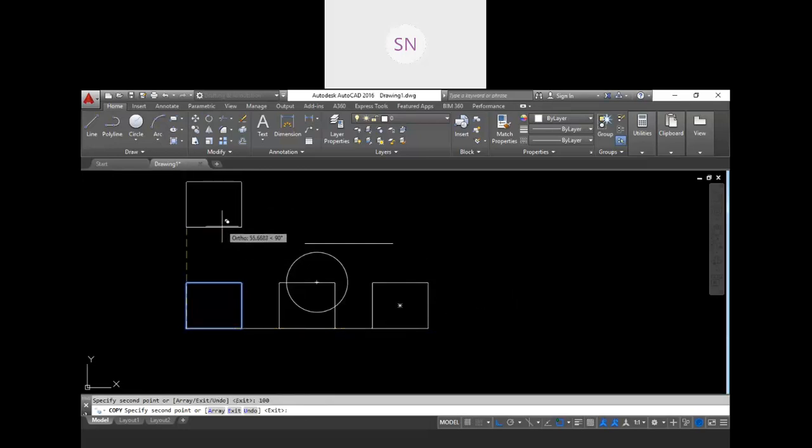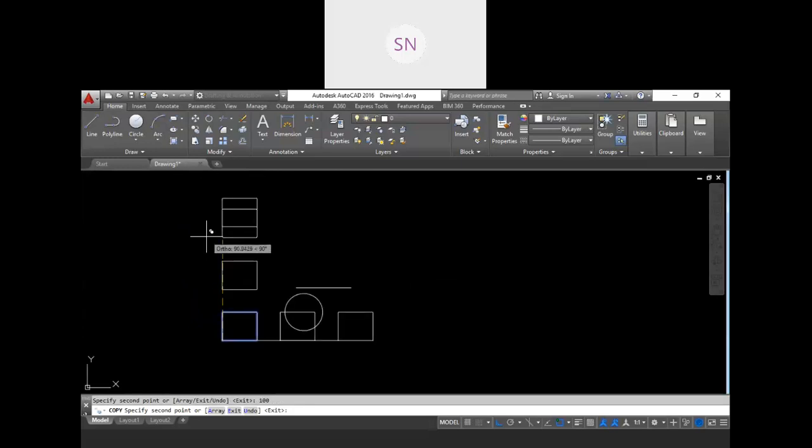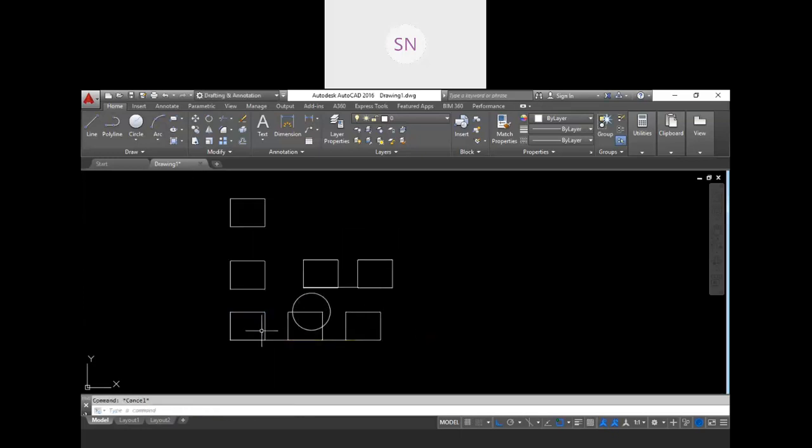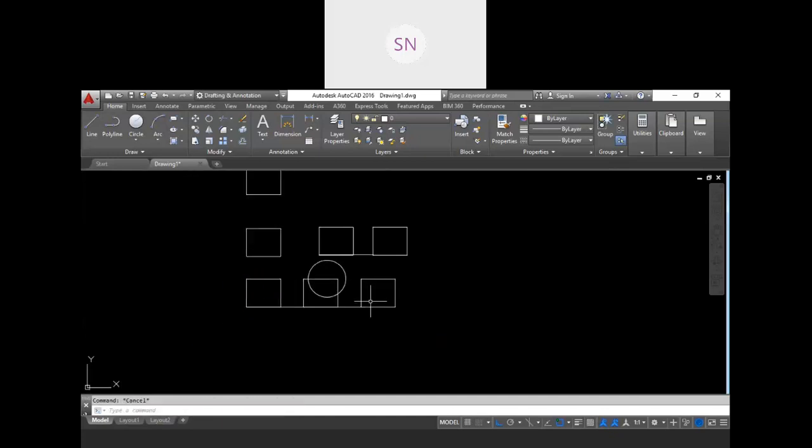In this direction I want a copy at 45, enter, at 100, enter. So just provide your direction and value, or you can click also, I want to place on this point, on this point, right? So in this way you can place. So it is clear now, the copy command. Now in the copy, if you want multiple copies at a specific distance, we have the array command. Yes, I am going to repeat that.